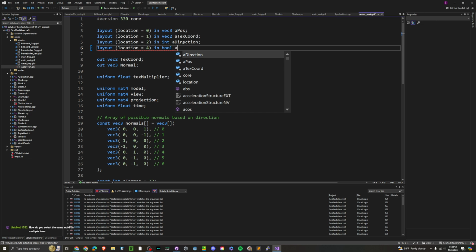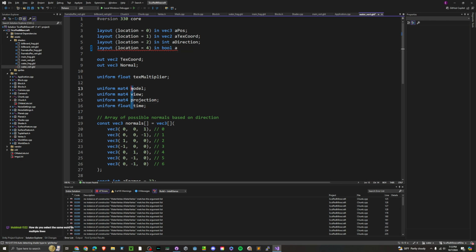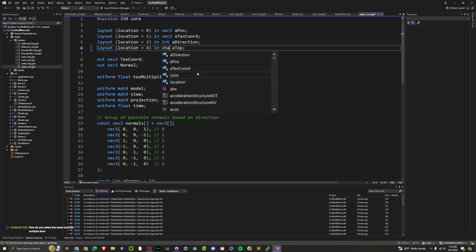How do you select the same word on multiple lines? Hold Alt. You hold Alt and then you can drag up and it'll put it in the same place. What is this? Top. Yes. Ooh, why are you... does not allow for bool. Bool. Oh, okay. Well then I guess we'll just do a